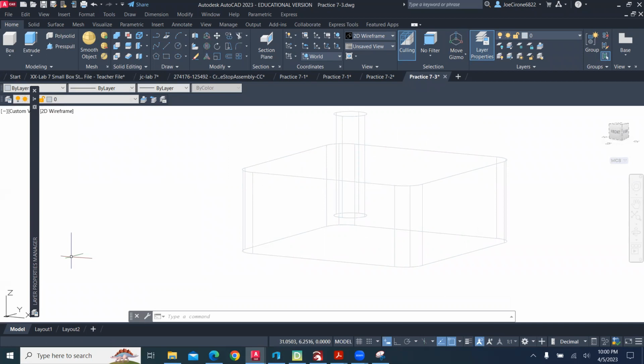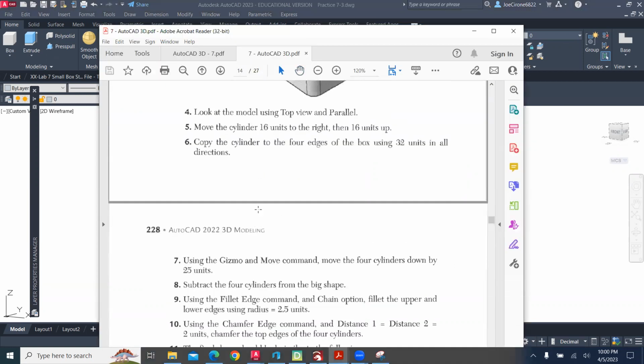Copy the cylinders to the 4 edges of the box using 32 unit increments in all the directions. Subtract the 4. So it does seem to go down 25 units as I read through the exercise. So if we take a look at it,